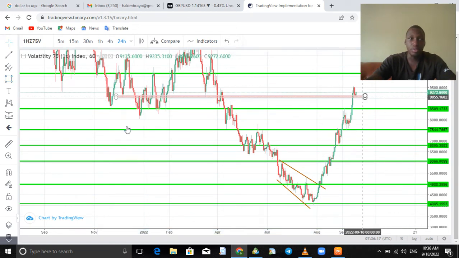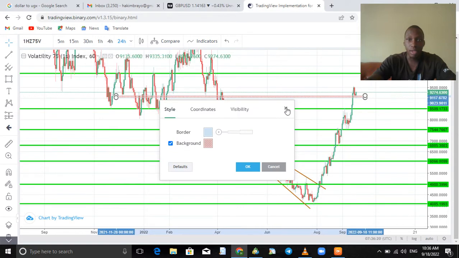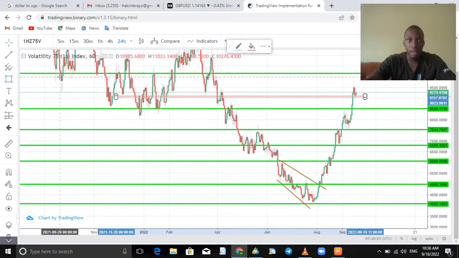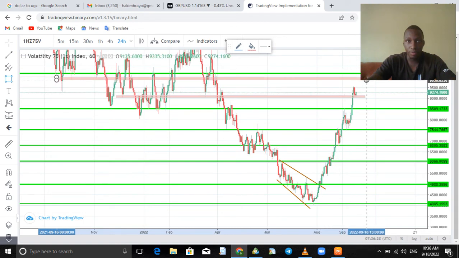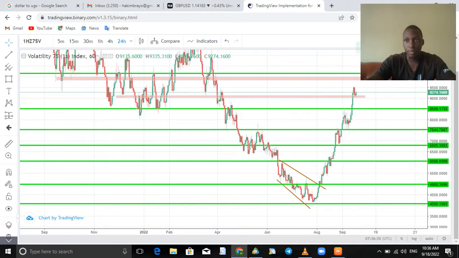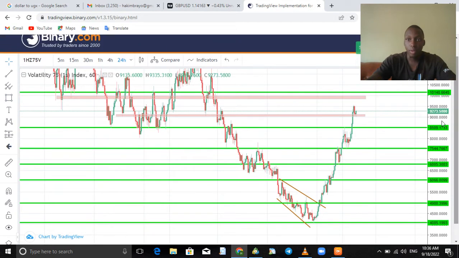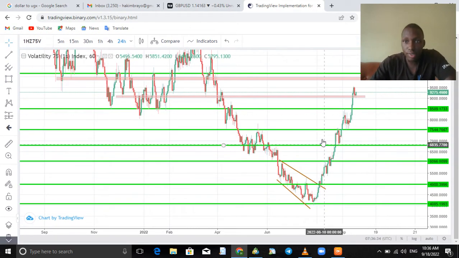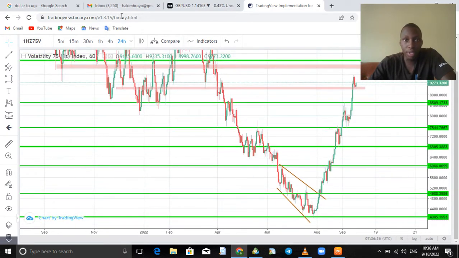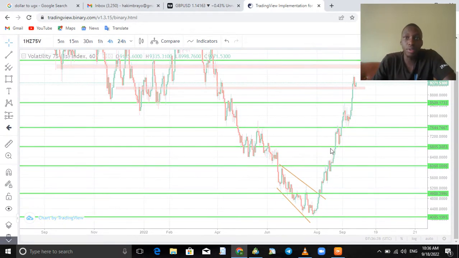I can see we have a zone there, which is our support zone, and I can see we have our resistance zone over here. So we have our support and resistance zone. Now I'm going to try to scroll down to the lower time frame,